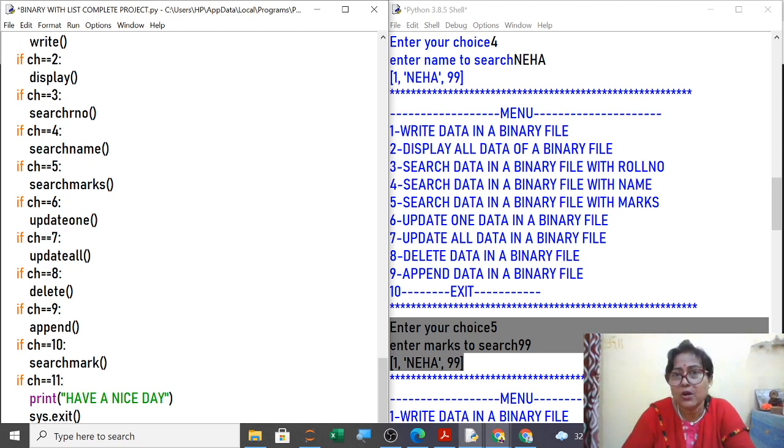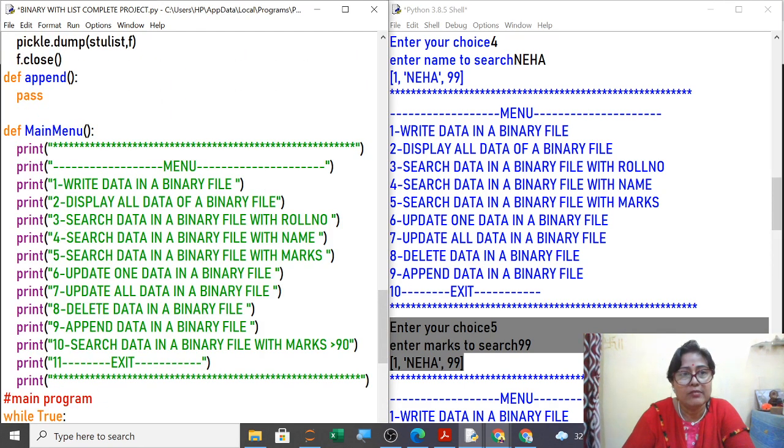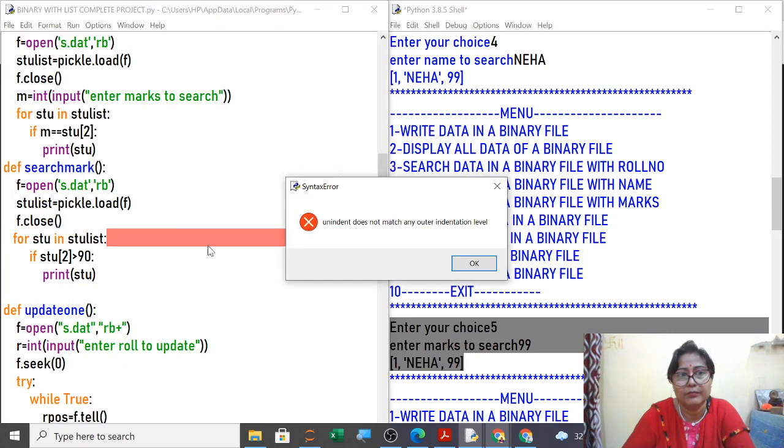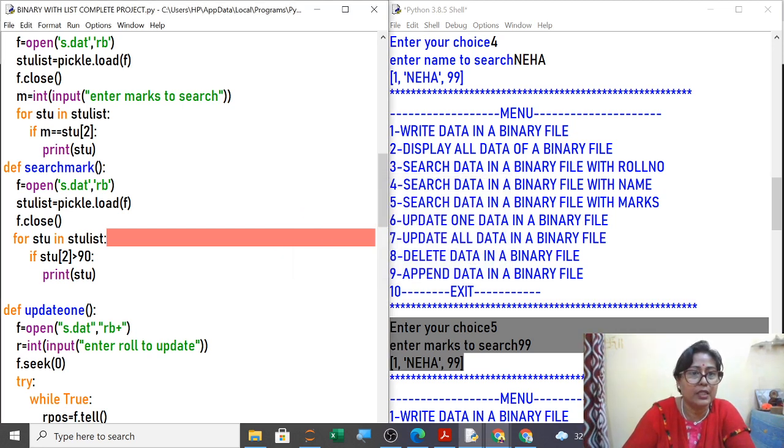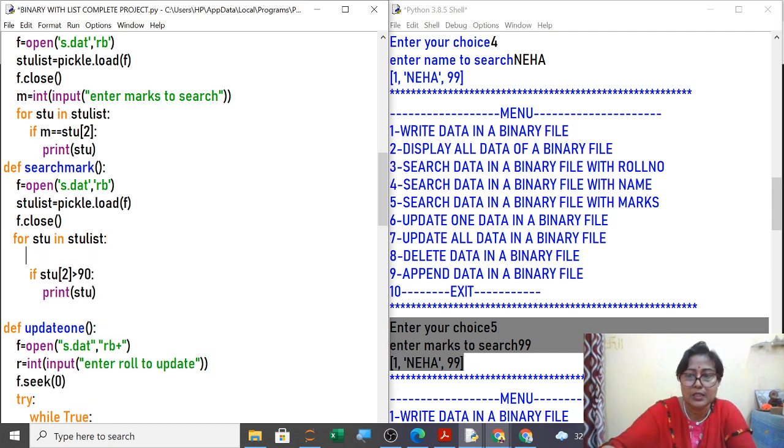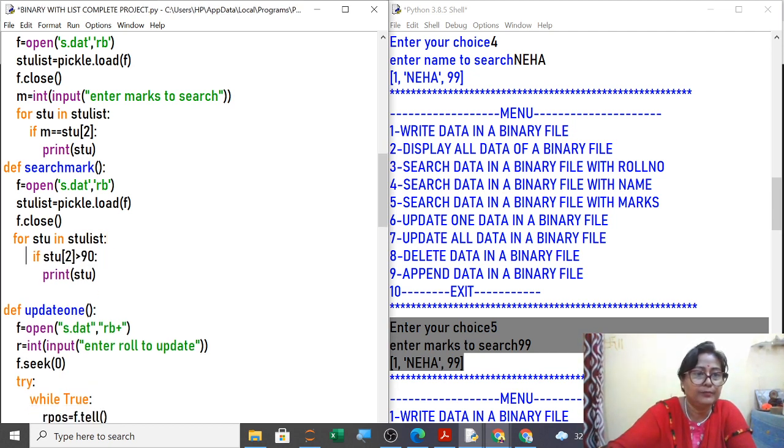I think both the records were more than 90. So both the records it should show. So I will again execute it. Indentation I have to check here, it is not matching, so I will check here my indentation. Yes, when you are copying pasting it, check the indentation.